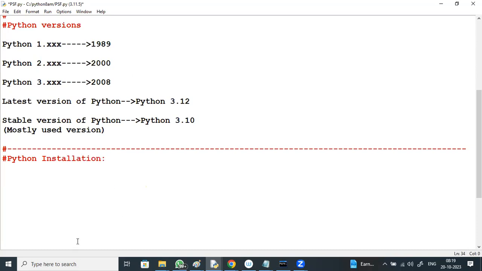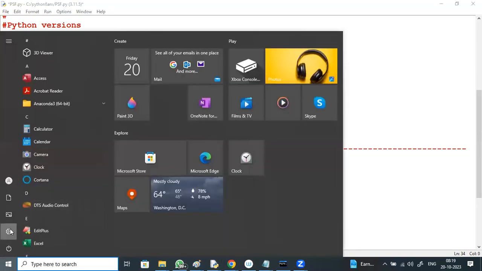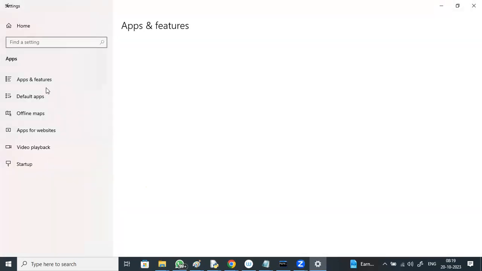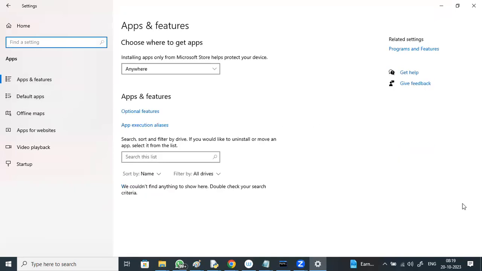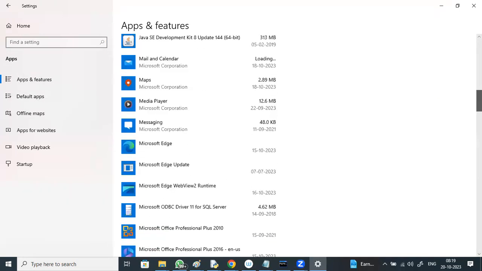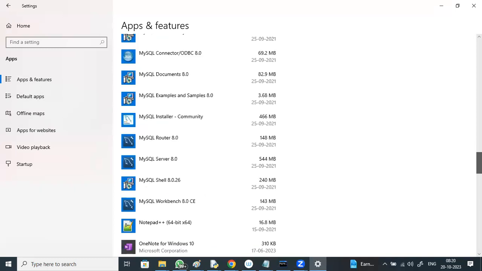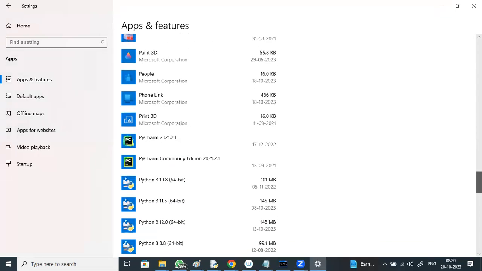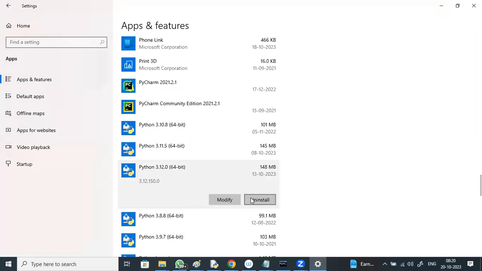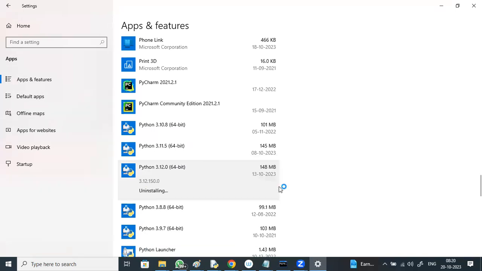Before I go with the installation process, going to the settings, apps, all apps, apps and features, scroll down to Python 3.12, and uninstall it. Again, I will install it.